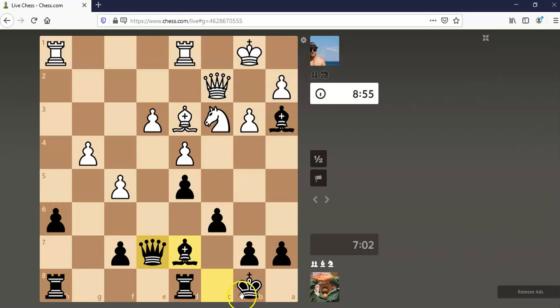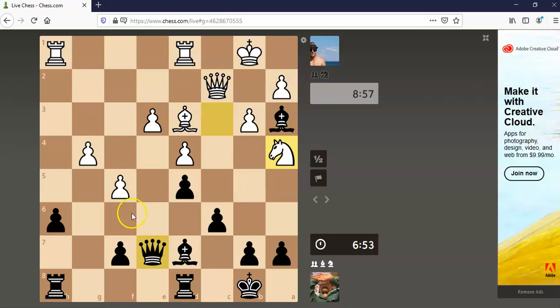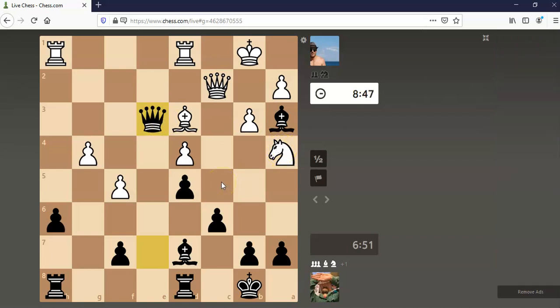And thank God I put my king on b1. He also has a check here. Maybe he's looking at that. That is a very bizarre move that allows me to capture the pawn, which I am going to do. He made his knight worse. I think he's looking at planting it on c5, but